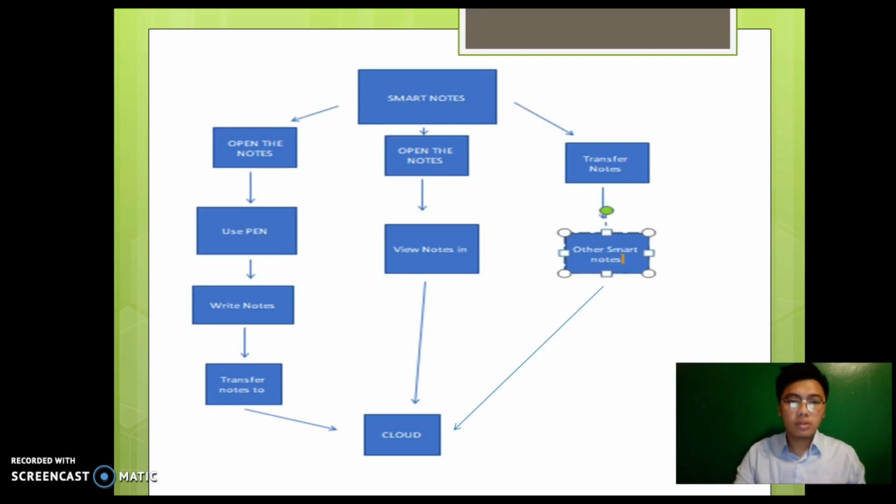Using the smart notes, there are three main functions. The first function is to write or edit specific notes. It's like taking down notes where you need to have a pen and paper. You need to open the notes, then use a pen, then write notes. After you jot down notes, all the data that you inputted or wrote on the smart notes will automatically transfer